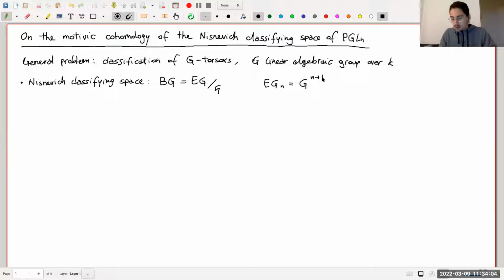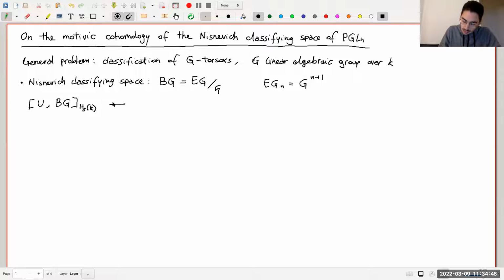And then we have the boundary maps, and the degeneracy maps are given by partial projections and partial diagonals, so as usual. And then if we mod out in this contractible space the action of G, we obtain this BG. Now, this classifying space is called Nisnevich classifying space because it essentially classifies torsors which are Nisnevich locally trivial. So we have that homotopic maps from a base U to this classifying space, homotopic maps, I mean, in the simplicial homotopy category of Morel-Voevodsky,